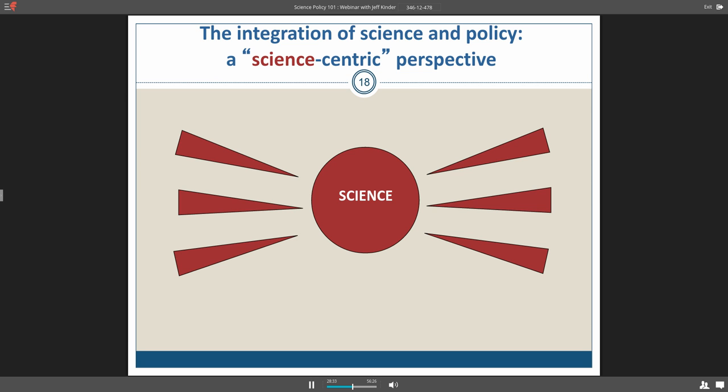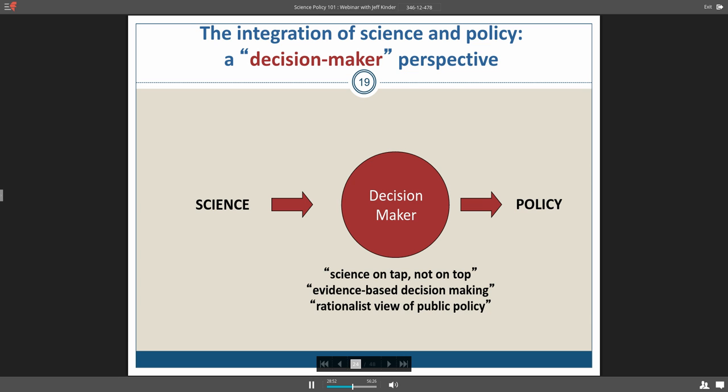But of course, we can appreciate that the policymakers don't have the time to read journal articles, and even if they did, they probably wouldn't understand most of it. So this very simplistic model of just put the science out there and allow it to be taken up and integrated into policy is perhaps overly simplistic. A bit more